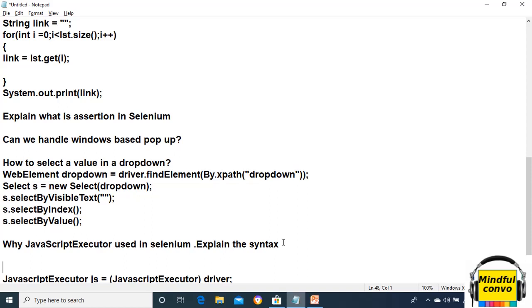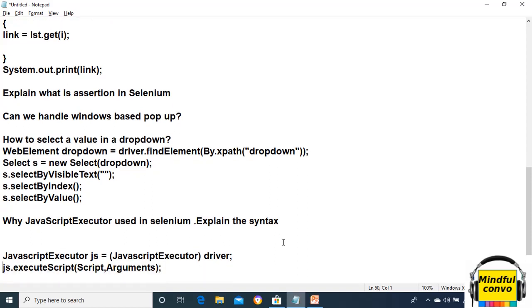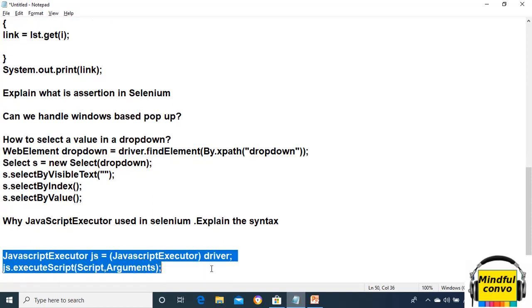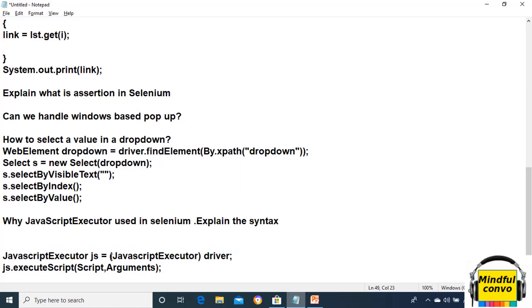That's why we use JavaScript executor in order to do the actions forcefully. So the basic syntax of the JavaScript executor is: JavascriptExecutor js equals (JavascriptExecutor) driver. Then js dot, it's the instance of the JavaScript executor, and its method executeScript, in which there are two arguments, the first argument is the script and the second is the arguments.